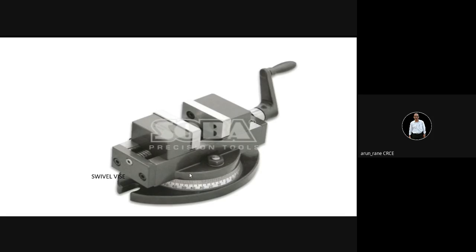Now this vise can be rotated about this axis. So you don't have to swivel or rotate the workpiece every time. You simply rotate or swivel the vise. Suppose the holes have to be drilled at different angles, then this kind of vise is useful.